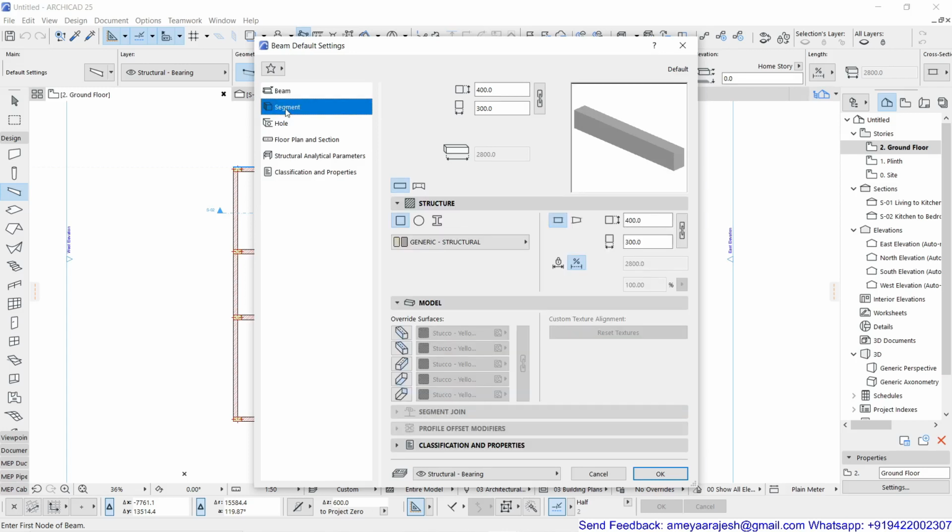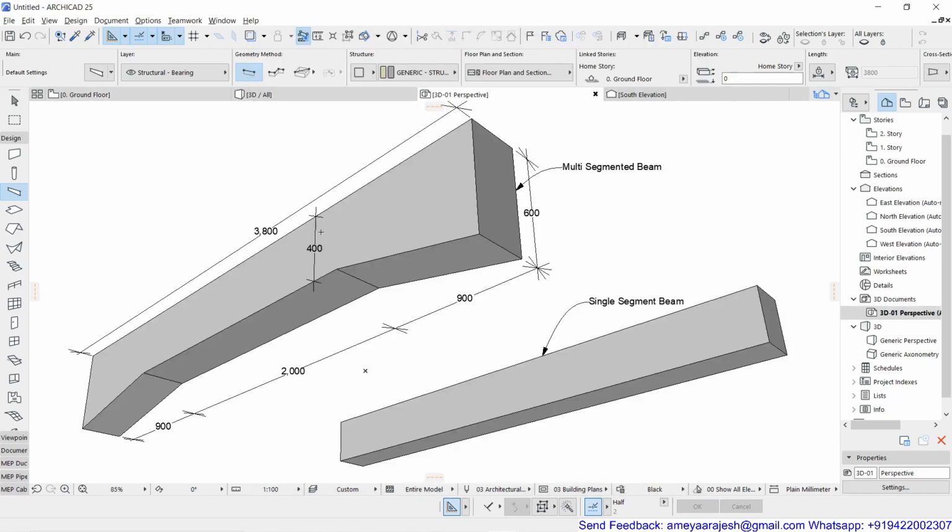Now the logic for the column segment and the beam segment is a very simple explanation again. Whether you will be working with a single segment beam or a multi-segmented beam. If this is a single segmented beam, in the sense of a constant width and depth of the beam, because it's rectangular, if you have any other shape, the cross-sectional profile of the beam is a constant which is just projected in the single segment, and if it is multi-segment you can achieve such variations.